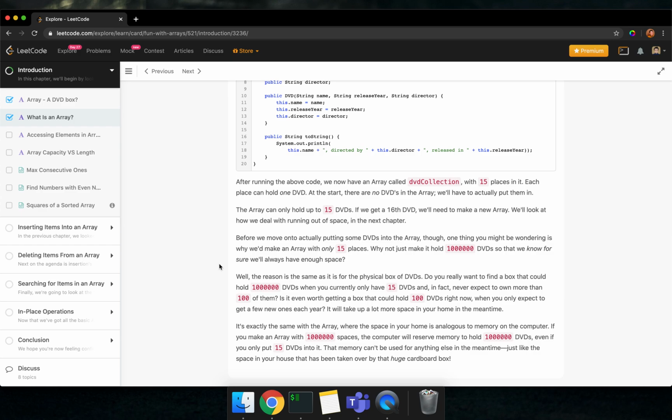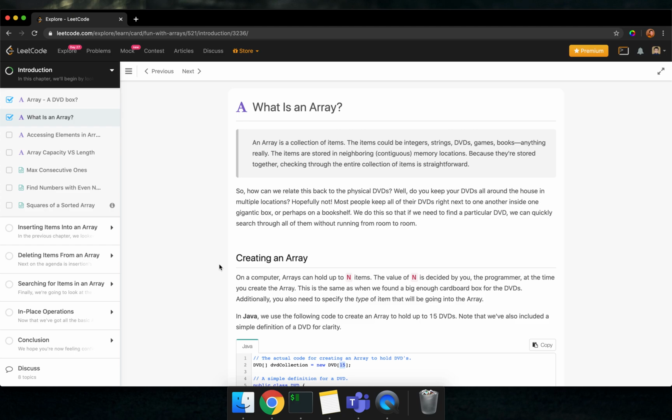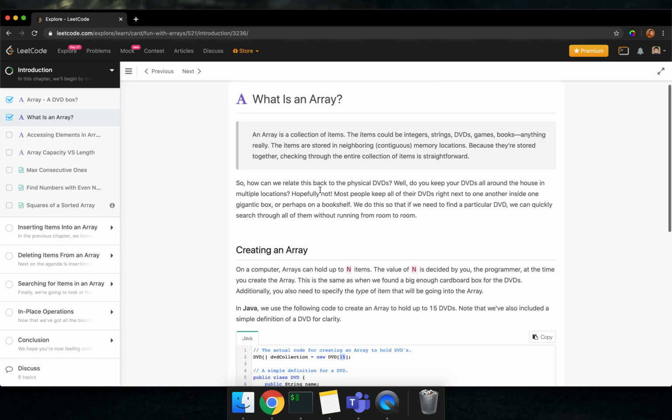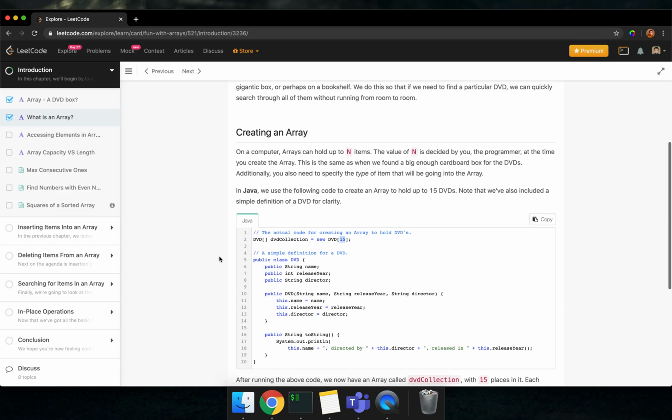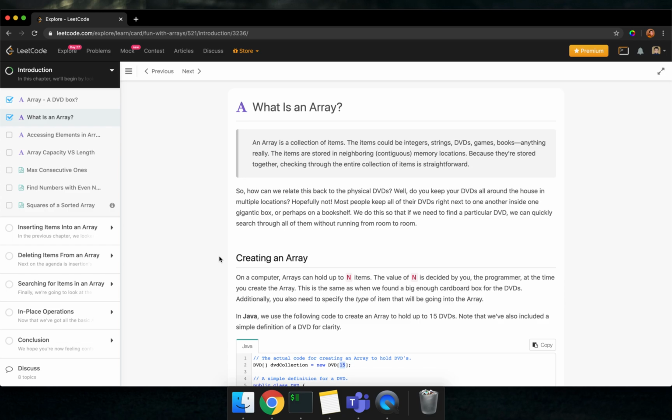My opinion, I don't necessarily think this was the best way to explain what an array is to a beginner. Since I know what arrays are, I use them almost daily at my work. This is extremely straightforward to me, and it's very easy for me to understand what it is. But if I were to explain this to somebody completely new, I would just say, okay, think about the container box of the DVD collection,